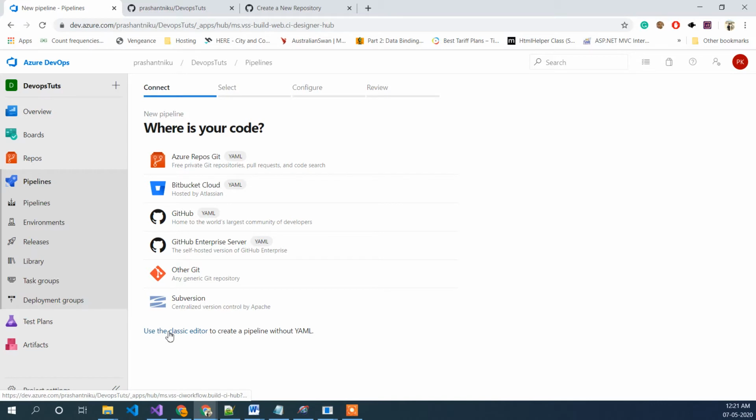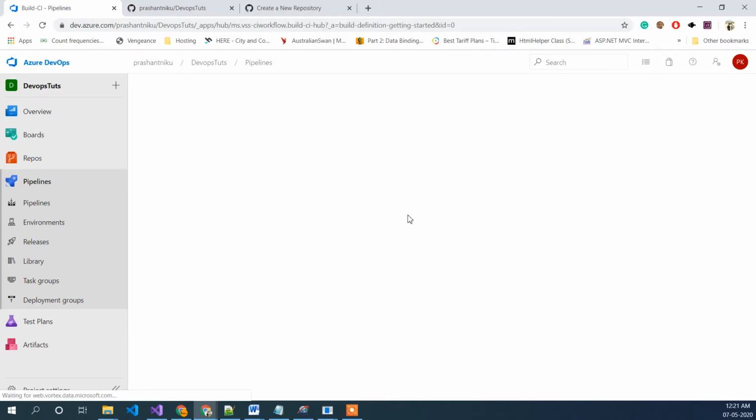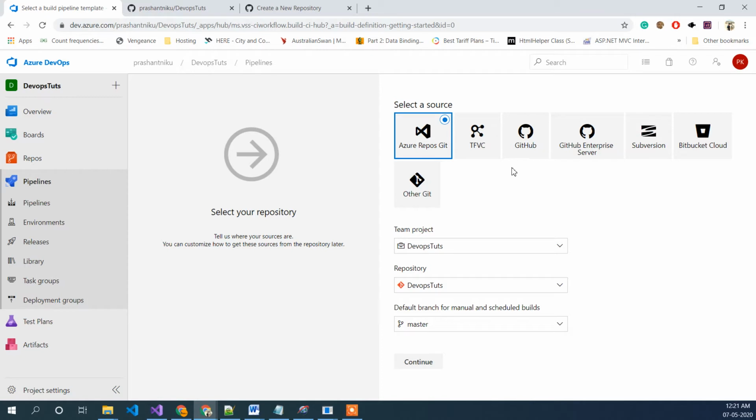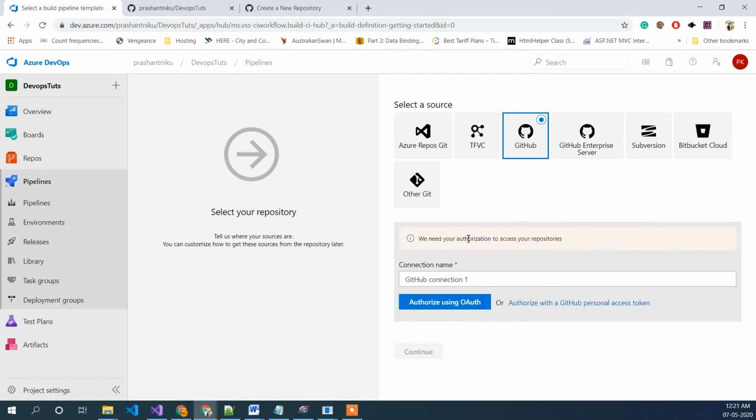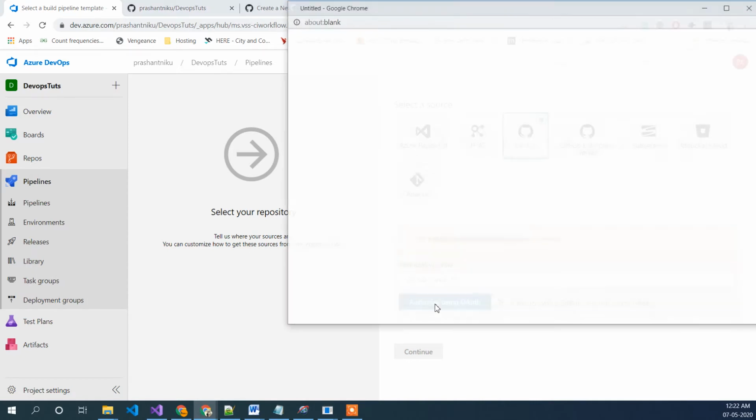So let's just use the classic editor, and inside the classic editor you can see we have this GitHub option. If you are doing Azure Repos Git, you can choose that. In our case this is the one, and it's saying that you need to have authorization access for this. Let's just try to click on this and see what it is saying.